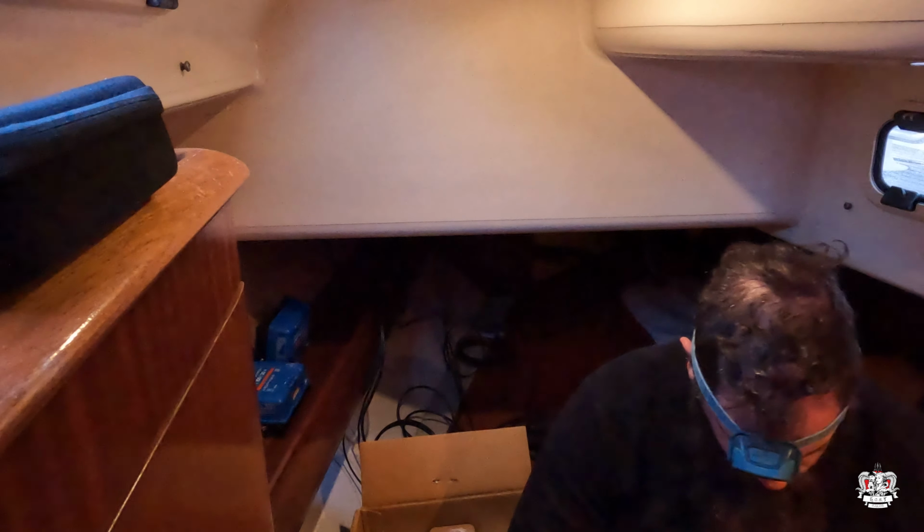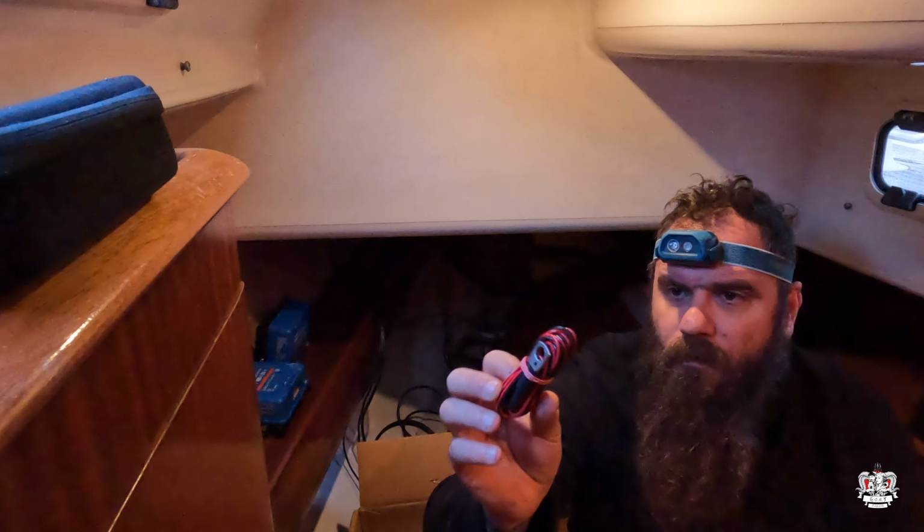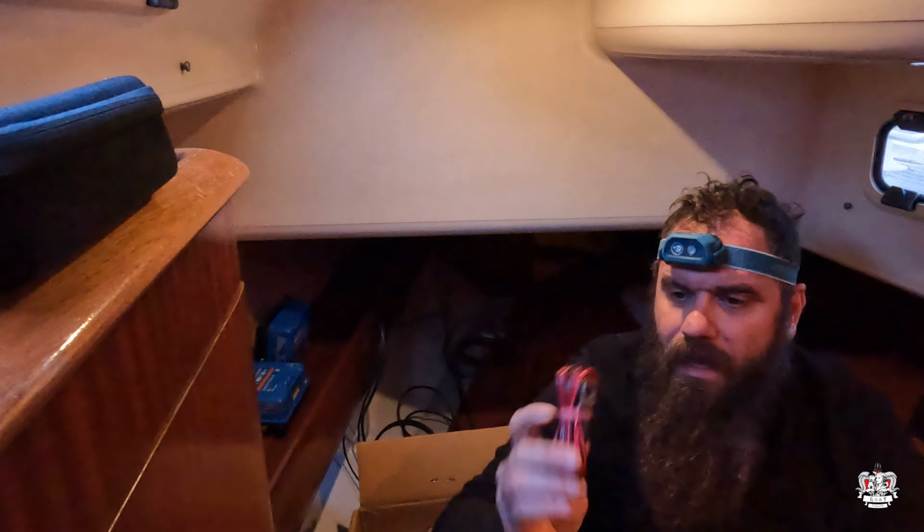Instructions, screws, a big cable. It's a really big connector on a really small cable. So I don't know what this is, but we will find out. This here, and